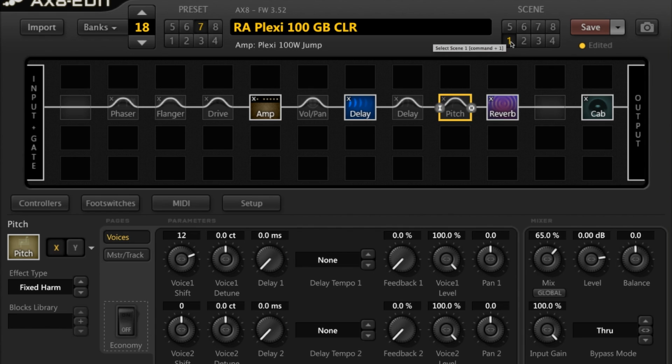So definitely, if you have the AX8, and if you're like me, I'm more of a Marshall guy, and I like the Friedmans and the 5153, that type of heavy sound. But spend some time and play through some of the other amps. Some of them I don't like at all, but that goes with anything. But a bunch of them are really, really cool, and I find myself getting lost. I'm in my room here, playing them, and next thing you know, it's like 3 hours later, and I'm like, oh no, I need to